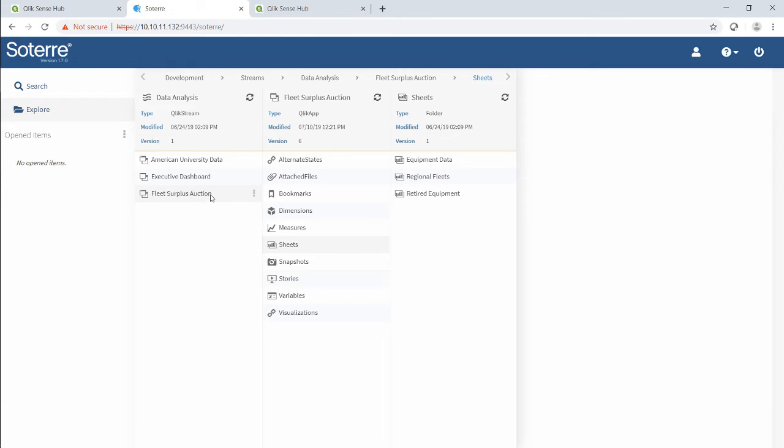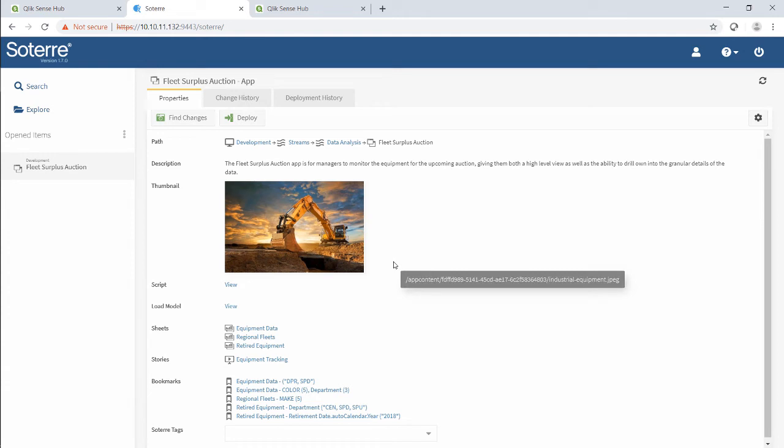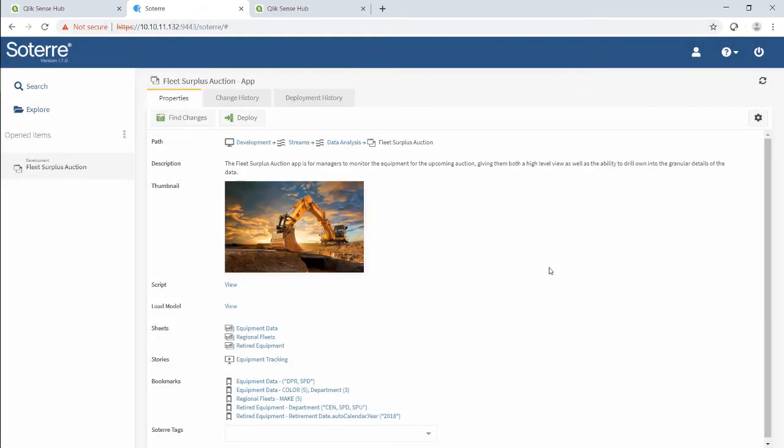So let's go back and let's double-click on this app to open it up. And so this is the main view that shows us the properties of the latest version of the app. And as you'll see, we have links to sheets, stories, bookmarks. You can view the load model, and you can also view the load script. So if I click on view here, you'll see the load script for this app. Now we're on the Properties tab. If I move over to the Change History tab up here,